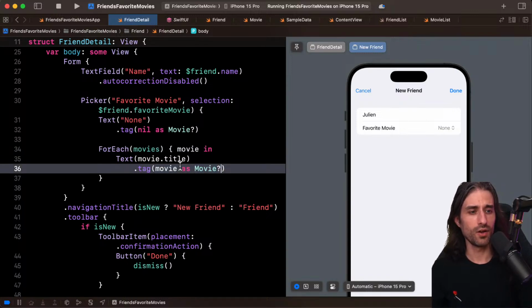And even if it's T, an optional of T, you need to make it an optional. So it can often happen that when you use a tag, it won't work out of the blue, and often it's because of questions like that where you didn't use the correct type because one was optional and one wasn't. It's something that is very common.